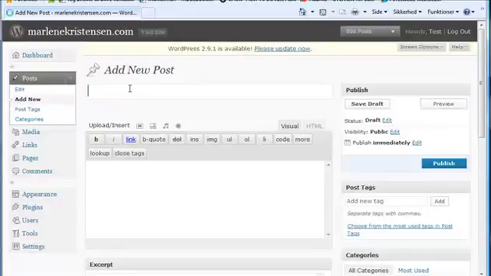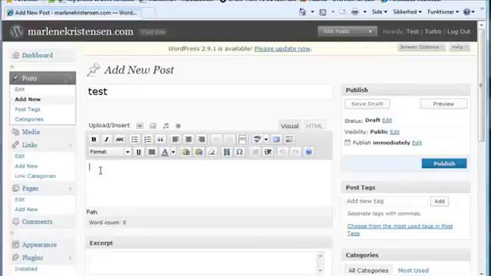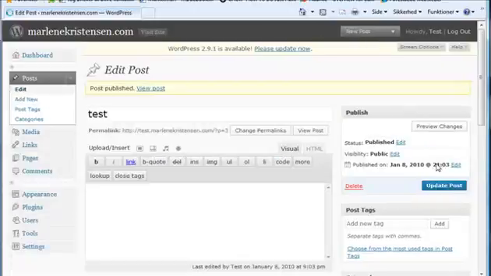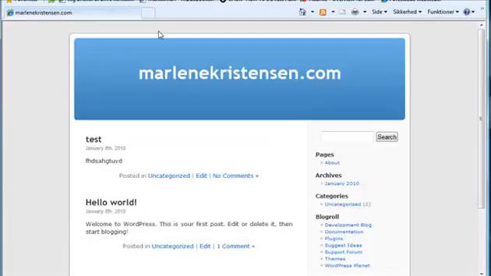And here just click the header. You type in the header and you type in some text. When you're done, you go and click Publish, and let's visit the site. Now your post is on your blog.